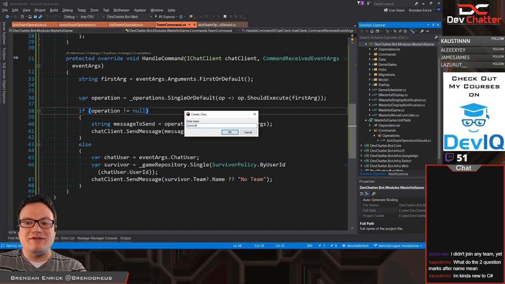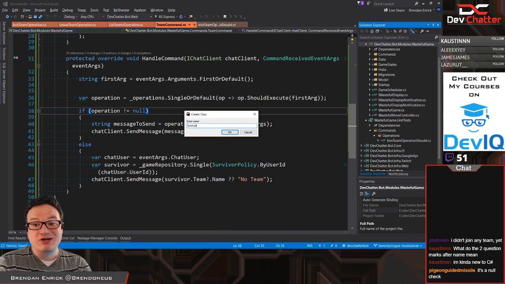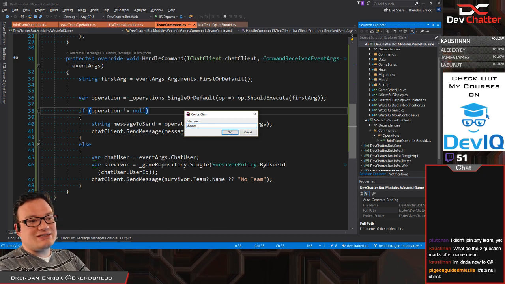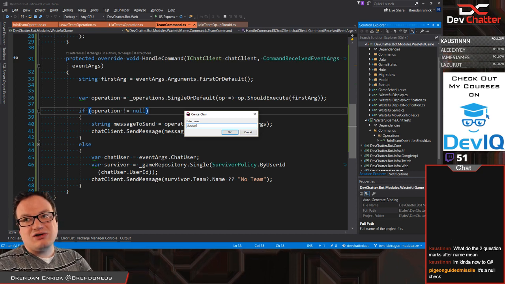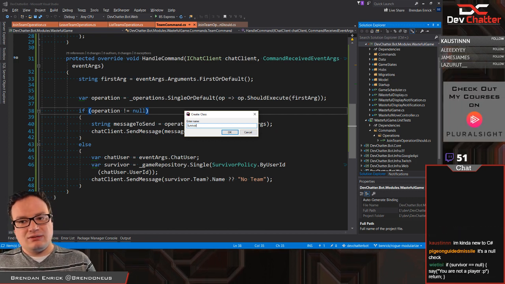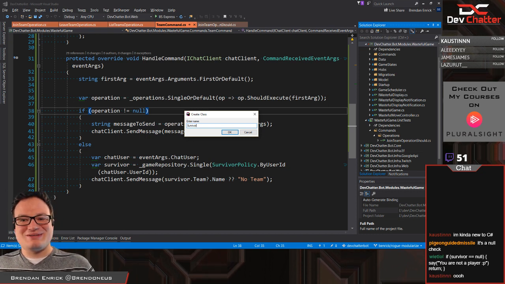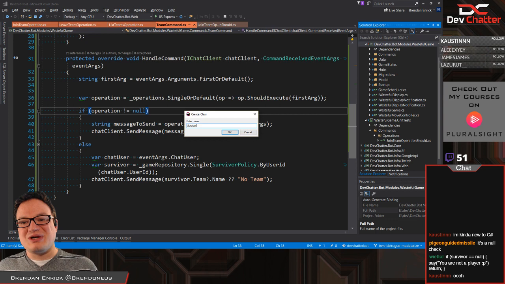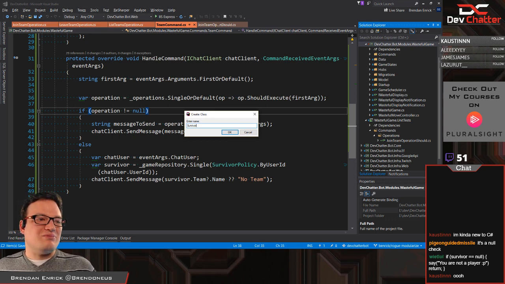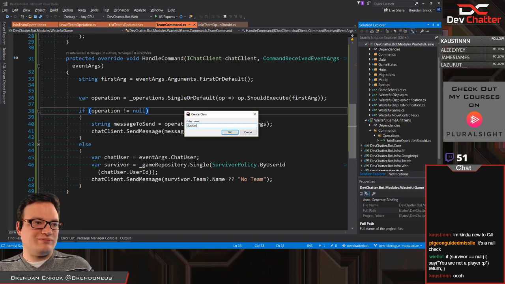The question marks. That's called null coalescing, Austin. It basically means if the argument on the left is null, use the argument on the right. So yeah, as Pigeon mentions, it's a null check. You are not a player. Yeah, we could just do a survivor check that says you're not in there. But I want to add you as a survivor at that moment if you did. So let's do...